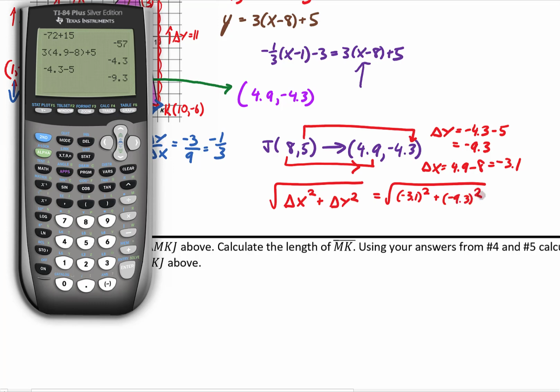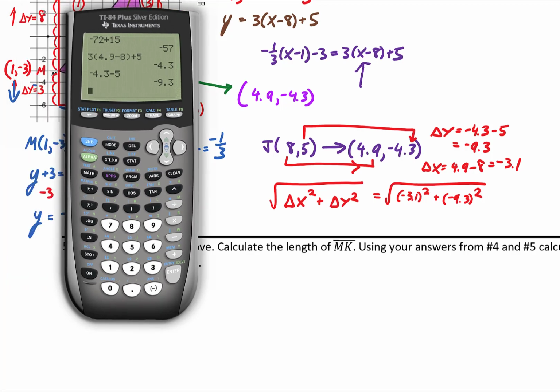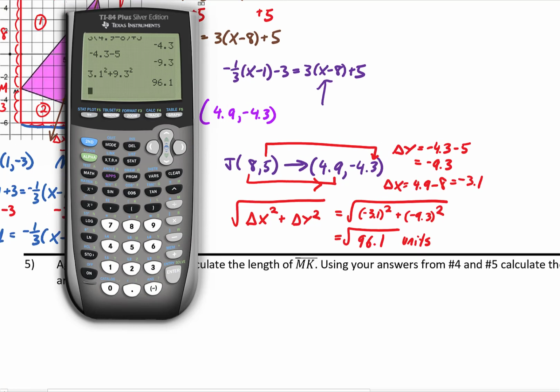Now, when I plug into the calculator, I don't want to make things more complicated for myself. So I know that negative 3.1 squared is the same thing as 3.1 squared. So I'm going to keep it simple and just square 3.1, and I'm going to add the square of 9.3. And I will get 96.1 units. So, to answer the question,